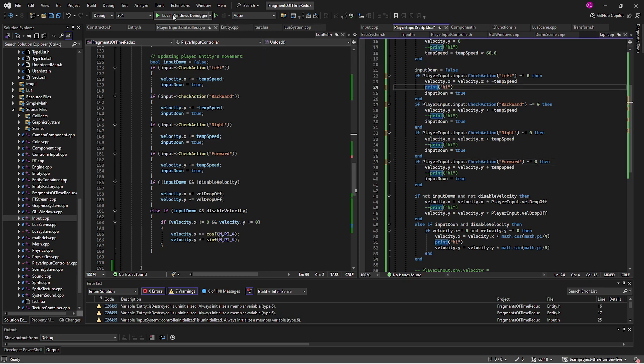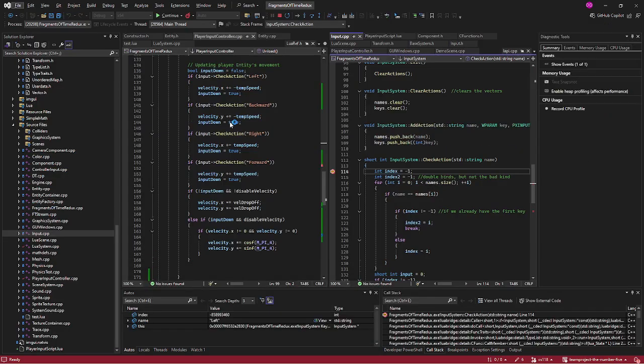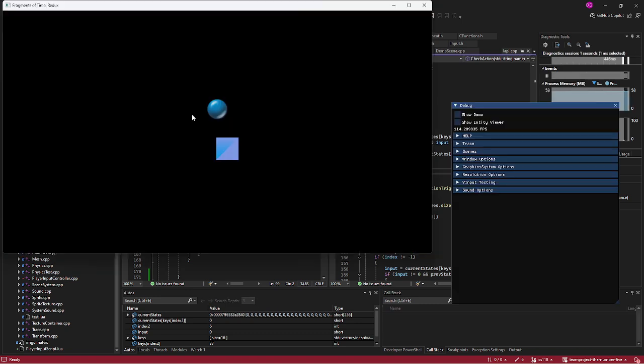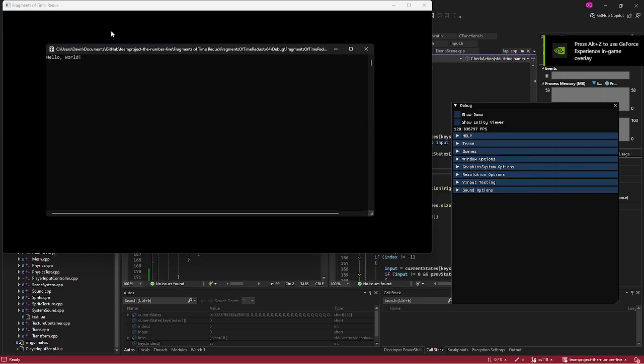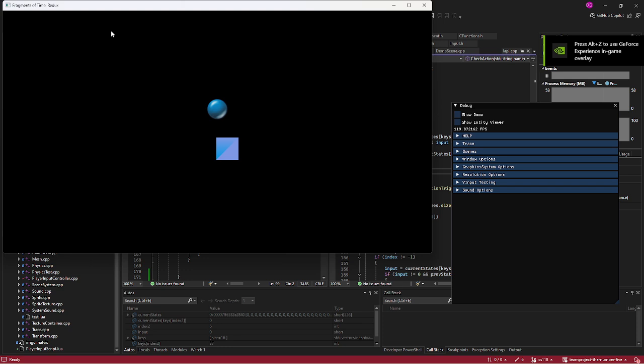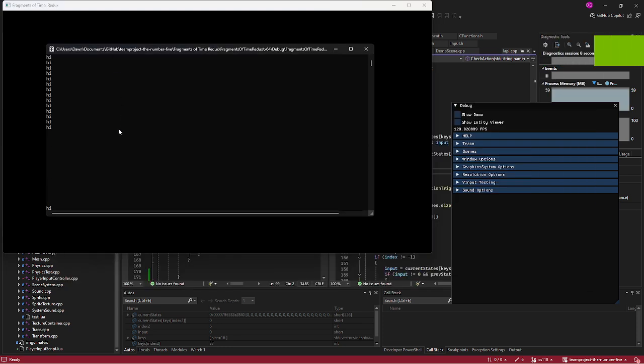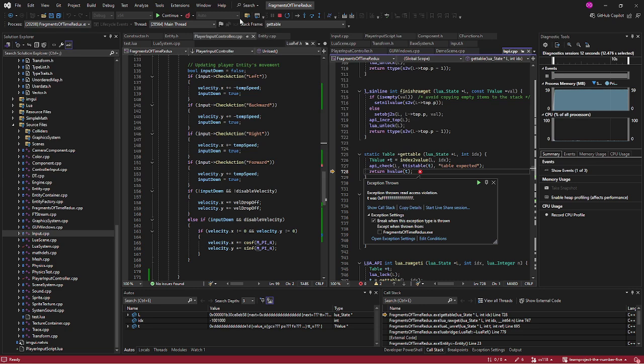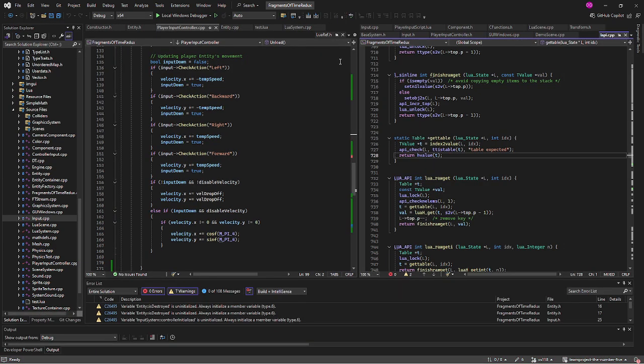Let's go and put a print here. I don't need that anymore. I don't need that either. Okay. No prints. Okay, and then I hit A a few times. Hold A for a little bit, and it is printing. Okay. So now we have that part working. Now, the problem